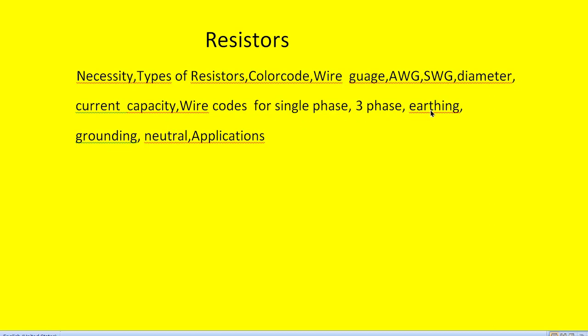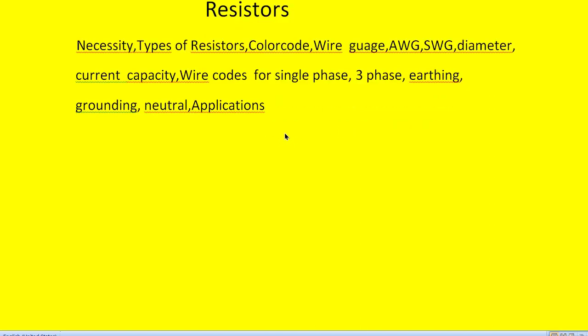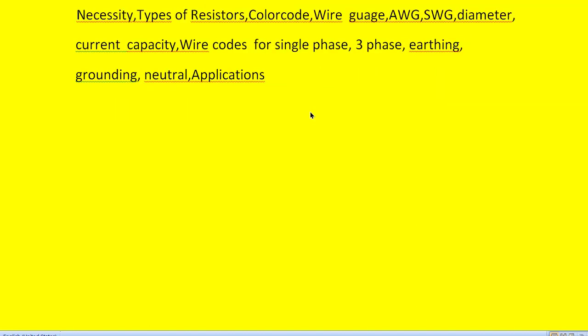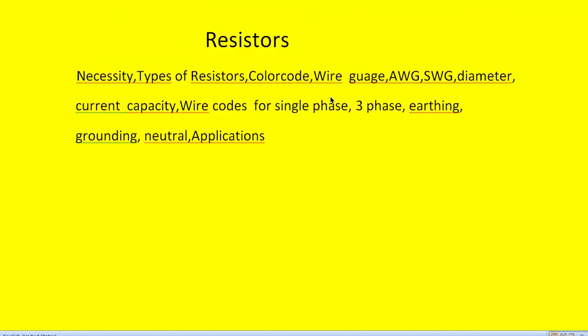we have also seen how the neutral, what is the color of the neutral for single phase connection, what is the neutral connection for the three phase connection, and we also saw the applications, how these resistors are used in various applications for projects. Similarly, wires also we have seen